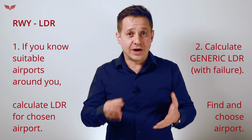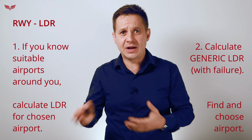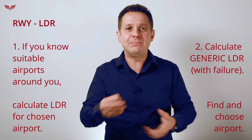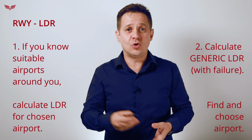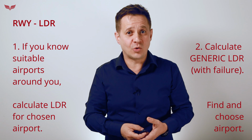The first case requires you to be familiar and updated with all the airports along your route, runway lengths, types of approaches, NOTAMs, and weather conditions, so you can simply choose one or more options and use ACARS or ask ATC for updated weather information to run your landing distance performance calculation and determine your landing distance required with that